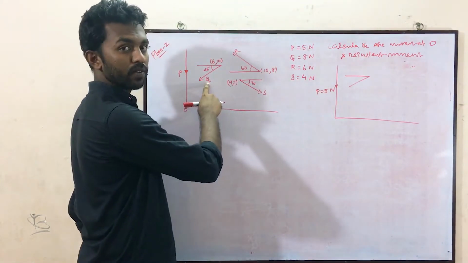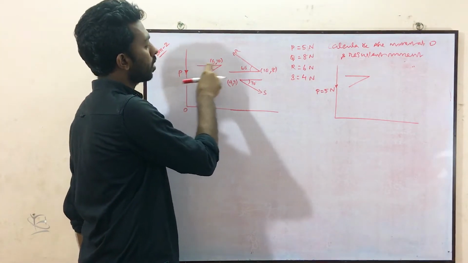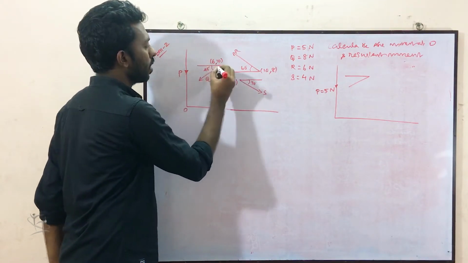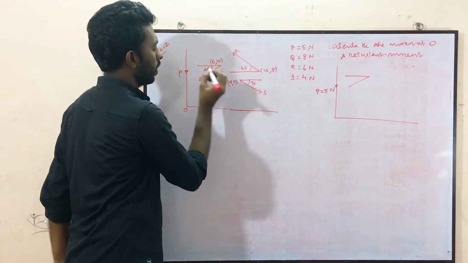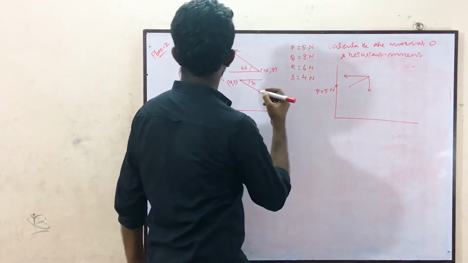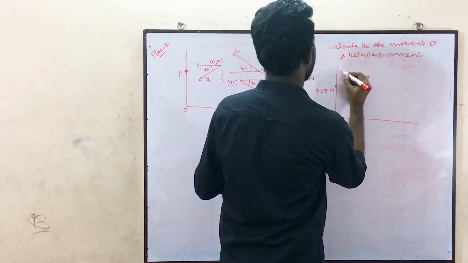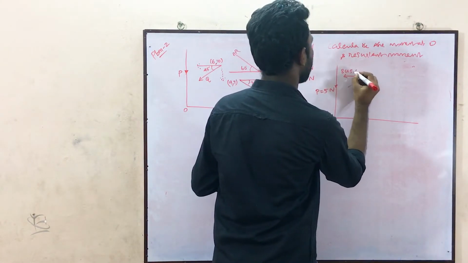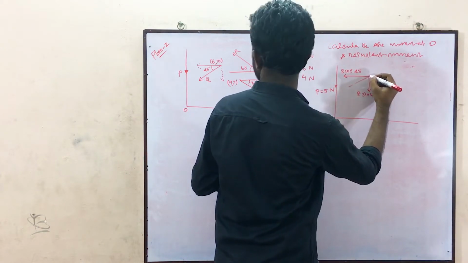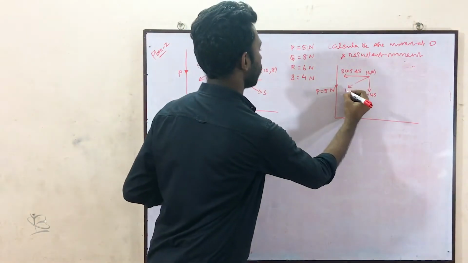Next one is this force. We have to resolve it into horizontal and vertical components. 45 degree is given to the horizontal. So this will be the horizontal component and this will be the vertical component. Q value is given as 8, so I am writing 8 cos 45 for horizontal and vertical will be 8 sin 45. For this point, the coordinate is given as 6, 10. This is for the case of Q.